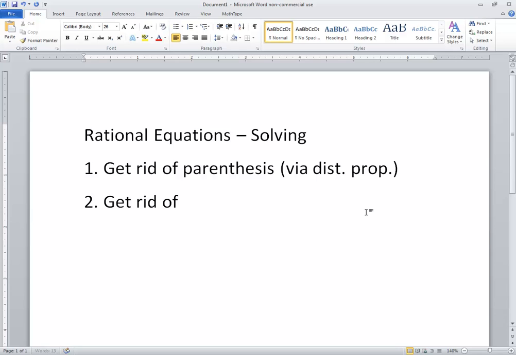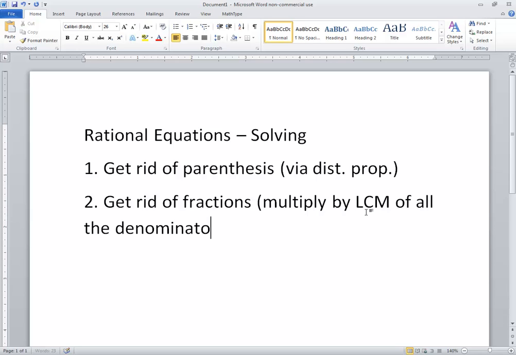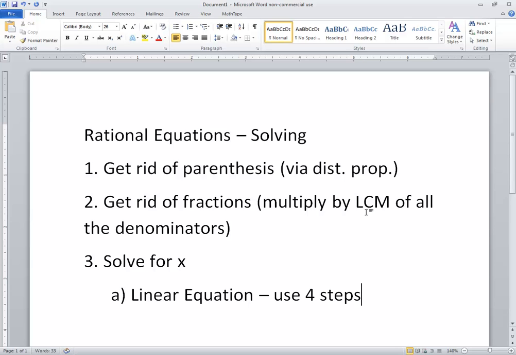Step 2, get rid of fractions. We'll multiply by the LCM of all the denominators. Now at this point we're getting rid of the fractions, and step 3 is kind of vague. It says solve for x. What you'll find at this point is it'll either be a linear equation, and then use your 4 steps to solve, or it'll be a quadratic equation,